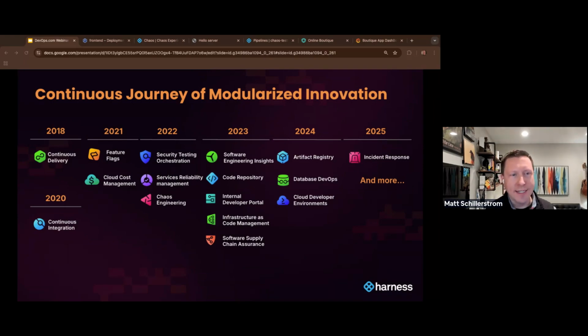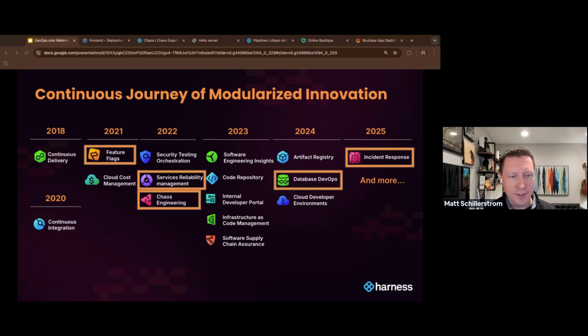And just a little bit about Harness, where I work. We started out as a CD, continuous delivery company. But over the years, and since I've been here, we've added more and more modularized solutions that work independently or better together. Specifically what I touch, I work with chaos engineering, which I'm talking to you about today. But I also work on service level objectives, or service reliability management tool, feature flags, database DevOps, which is really cool because everybody touches app code, but along with any app changes, we have database changes, and we can help out with that. And then a new module for incident response as well.